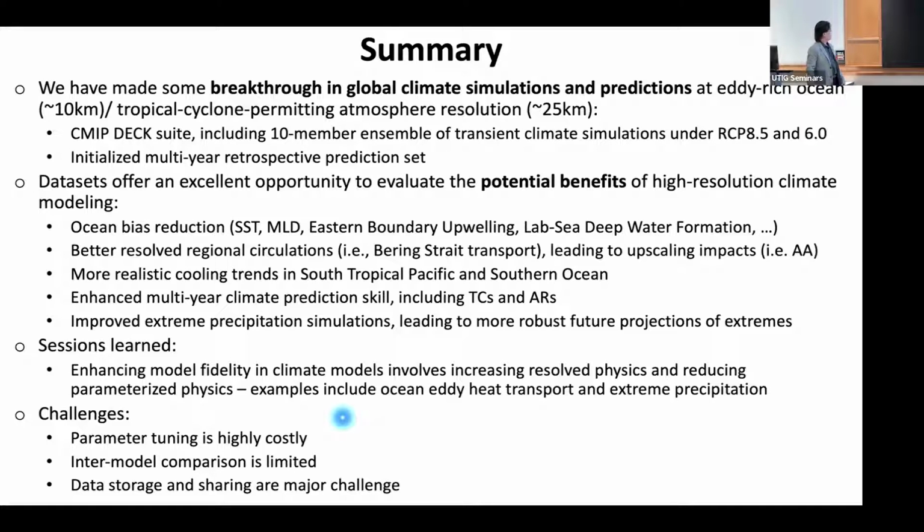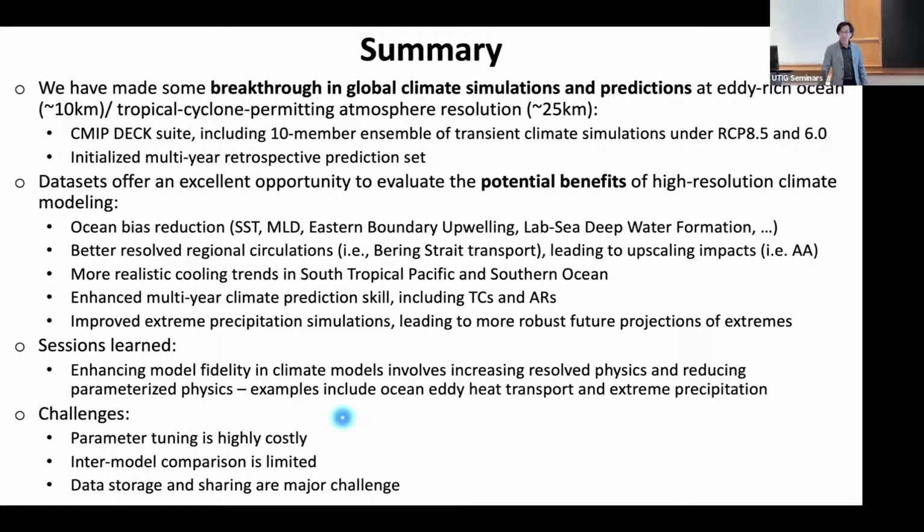So the challenge, finally. One thing we learned from this exercise is that tuning a high resolution model is really difficult, because it's just so expensive. We made a lot of effort trying to balance the top of atmosphere radiation, because when you make a long simulation, you need to balance the top of atmosphere radiation. Otherwise, the model is drifting, right? And it turns out that that's a daunting task. You have to spend a lot of time doing that. And in fact, our model is not perfectly balanced. There are some issues here.